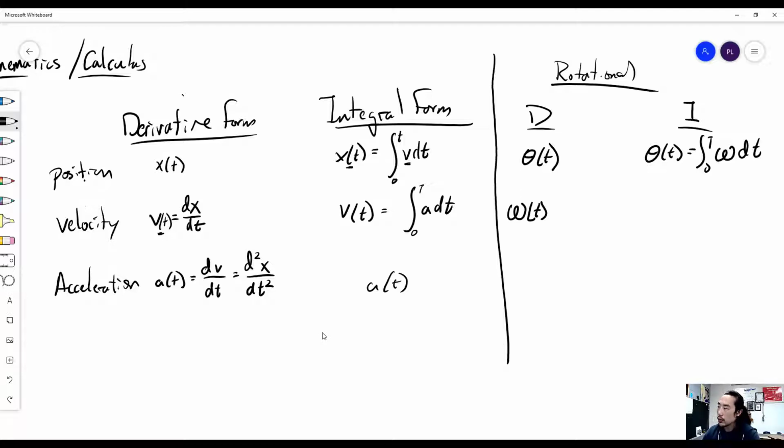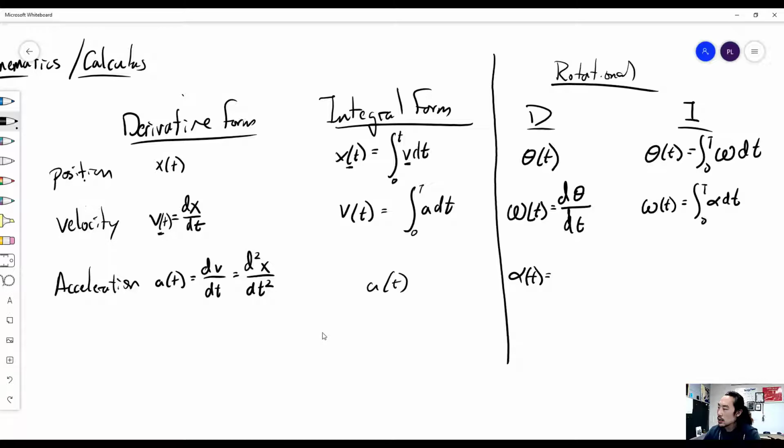The function of omega with respect to time is equal to the derivative of the position function with respect to time. And instead of saying x for position, I put in theta for position. And of course, the integral would be omega of t is equal to the integral from 0 to t. Instead of a for acceleration, I'm going to put alpha dt. Right? And the very last one down here, instead of saying a sub t, I'm going to say alpha